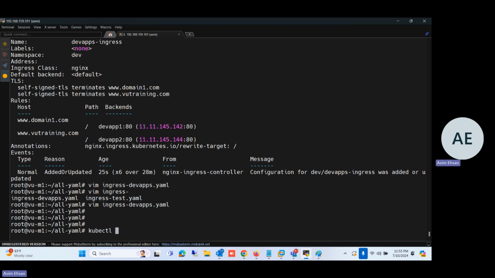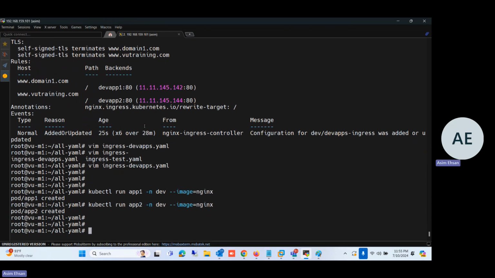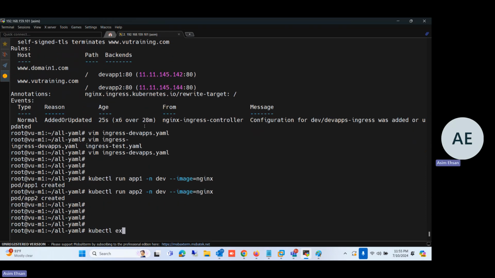So let me create, kubectl run app1 in dev namespace for image Nginx, and the second app, this one. And quickly let me expose this. Expose pod app1 in dev namespace port 80. And one more thing, I have to follow the name of the service, it should be domain1 app1, whatever I defined in my